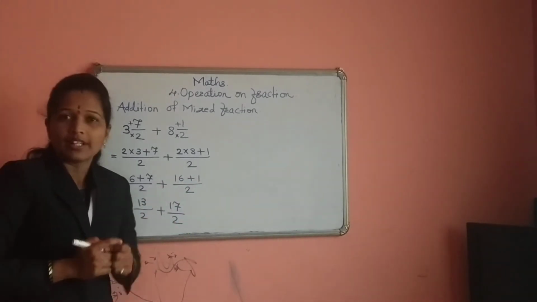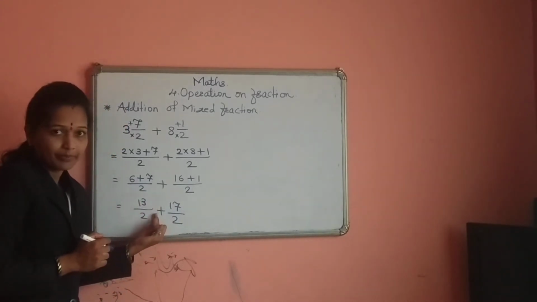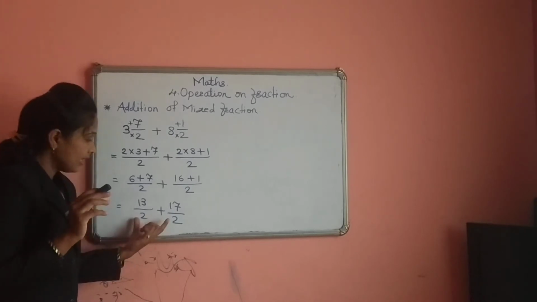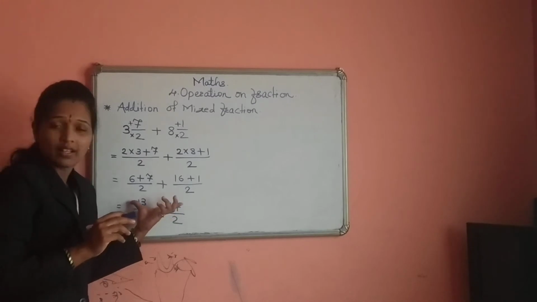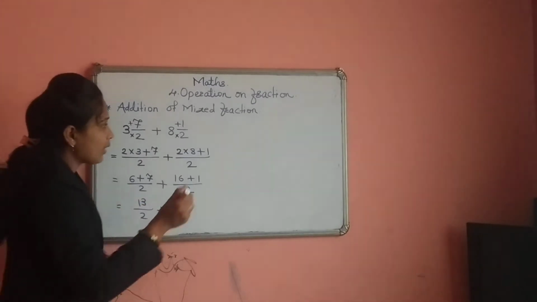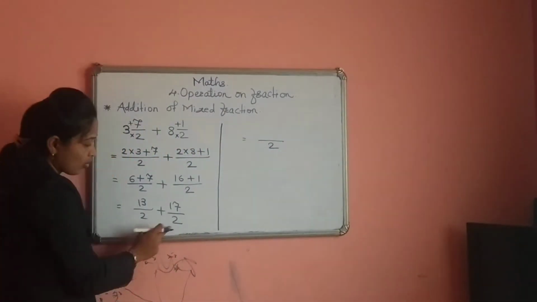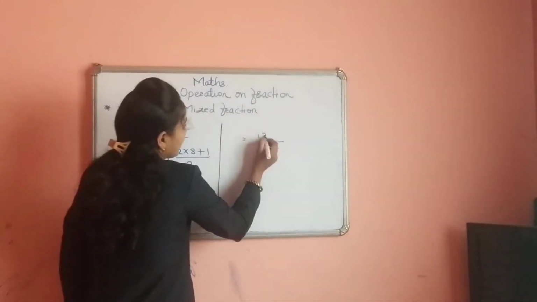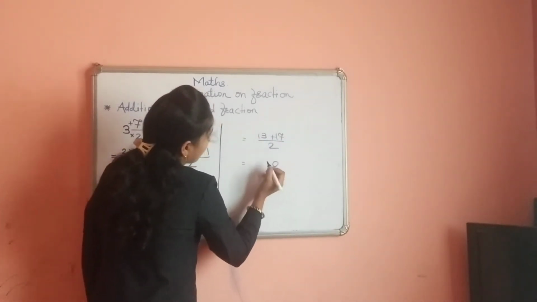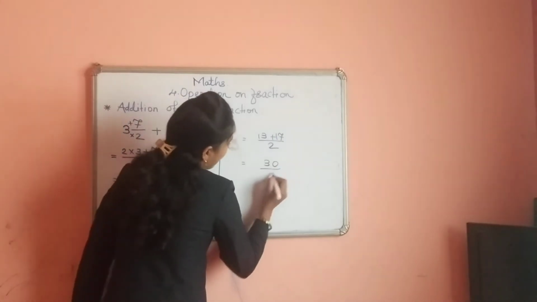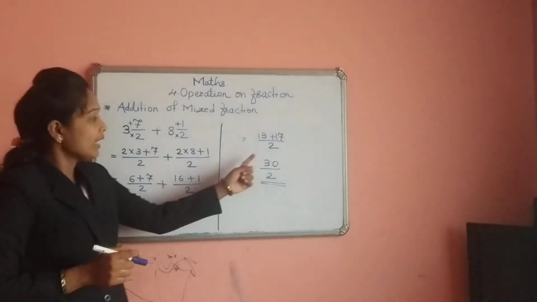And in 5th standard we have learned that whenever the denominators are same and we have to do the addition, pay attention properly. Denominators are same and addition we have to do. Addition sign is given. So we have to write down the denominator one time, that is denominator 2. Take that 2 common and numerator addition 13 plus 17. Okay, do the addition. 30 divided by 2. This is your final answer. 30 divided by 2. This is the improper fraction.